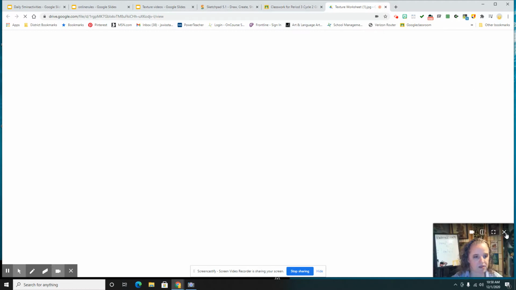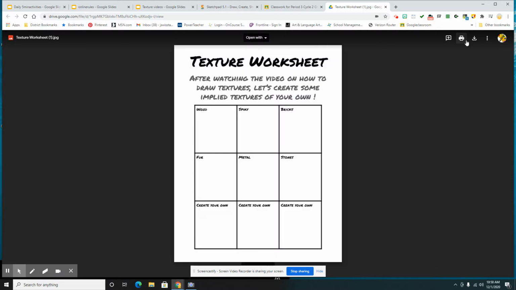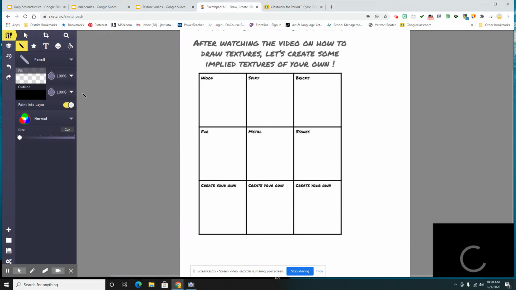And once this opens up into the new window, you're going to have this icon right here, that little bar with the arrow pointing down. When you hover over it, it should say download. When you click it, it will download it to your device and make it available for you to work on digitally. All right, so here I am in Sketchpad,